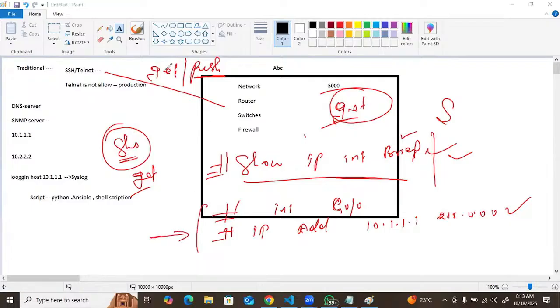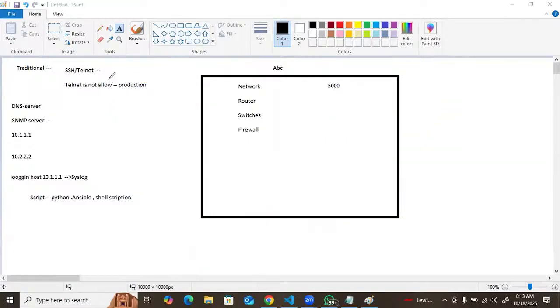Yes. So that means generally if you are going to interact with the devices, either you get some configuration or you push some configuration. Got it? So we can prepare one script. Using that script, I will log in on these devices. And what I will do, either I can get some config, or I can push some config. You got the point? That is the main purpose.